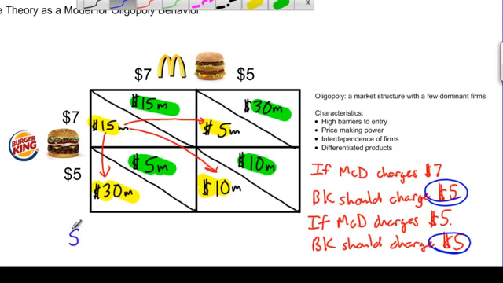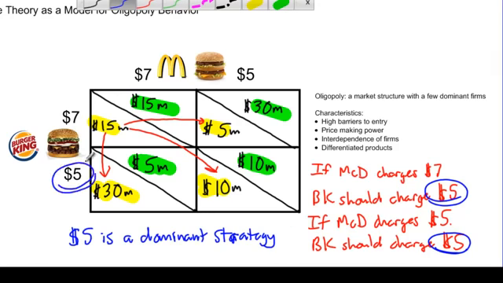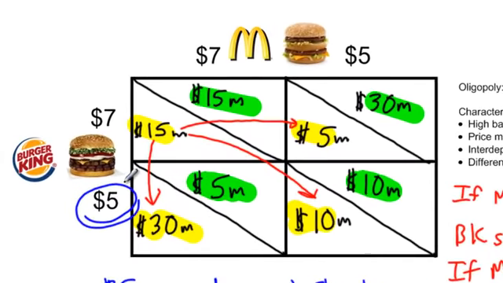We can say that $5 is a dominant strategy. A dominant strategy exists if an oligopolistic firm should always do the same thing regardless of what its competitor does. In the case of Burger King, it should always charge $5. Burger King can be better off by charging $5 whether or not McDonald's is charging $7 or $5. We have demonstrated this by showing that there is always an incentive for Burger King to charge $5 based on its competitor's behavior. Now, since the payoffs for McDonald's are identical to that for Burger King, $5 is also a